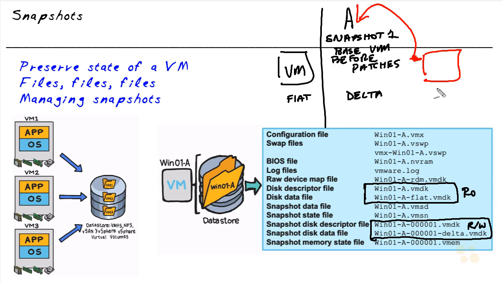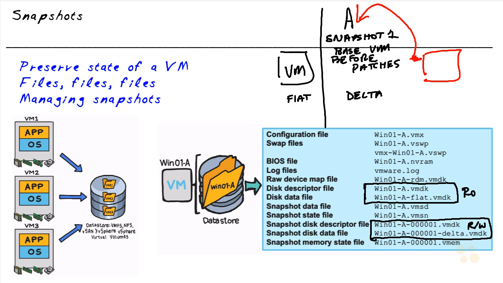And then if we need to test 5 different times or 5 different ways of implementing the updates or the patches, after every attempt and every try, we can then revert back to that snapshot to go back to the way it was before we started testing and working with the patches. Now, when we created this snapshot, snapshot 1, if the machine was powered on when we created the snapshot, it